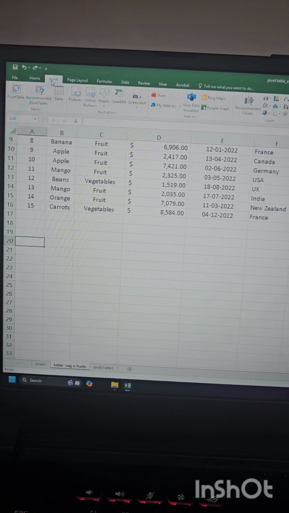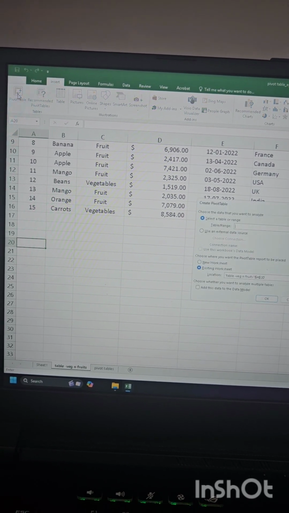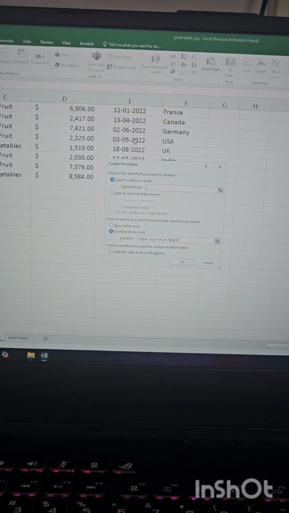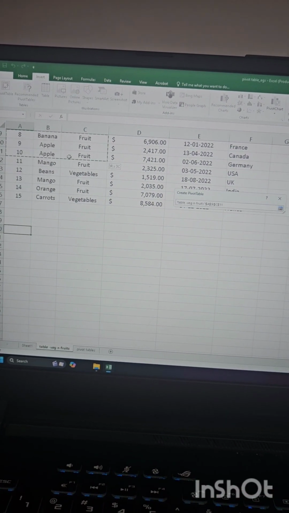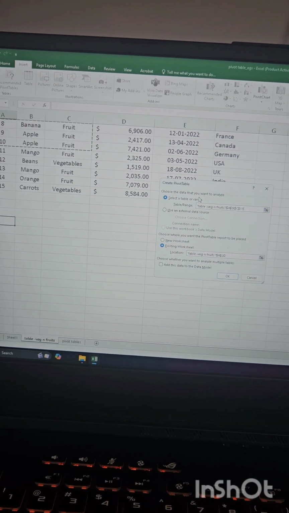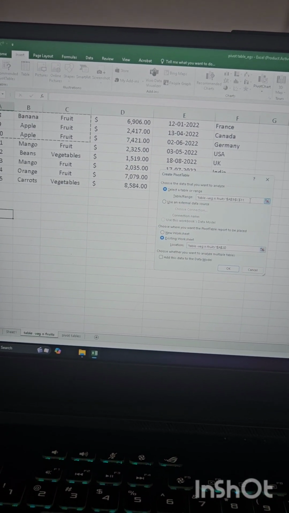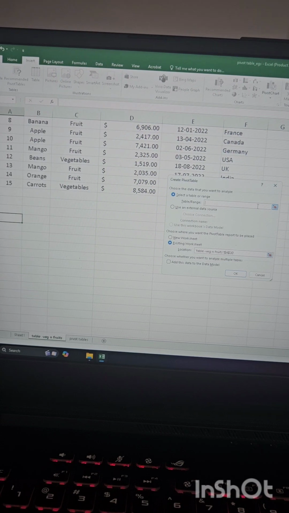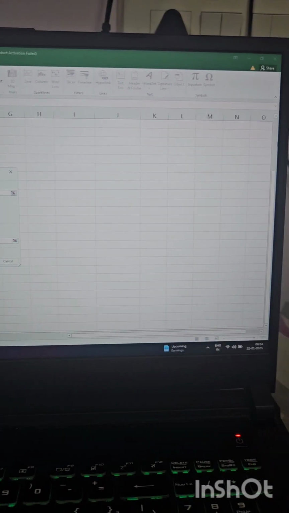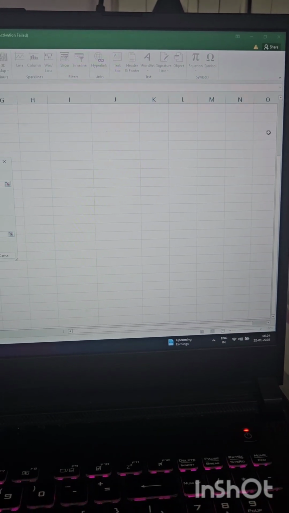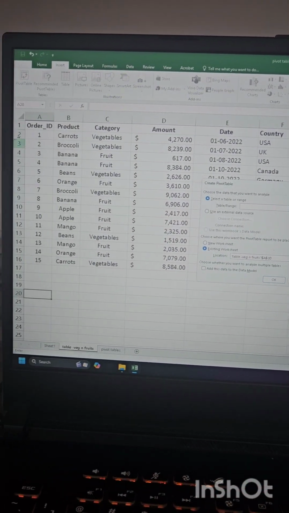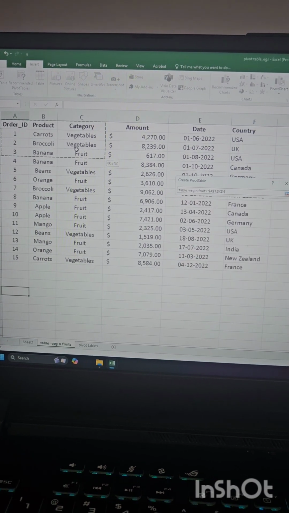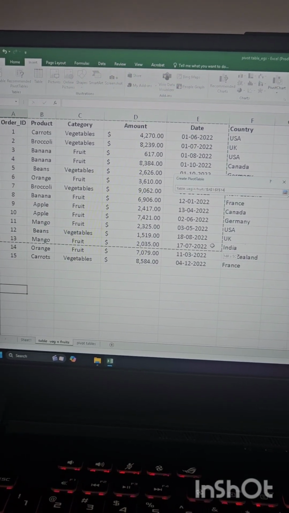insert, and then I give pivot table, and then I select the range. What is my range? A1 to A16 is the range. So let me just select the table again, scroll it up. After scrolling it up, I select the table again. So this is my table. I select my table from here,